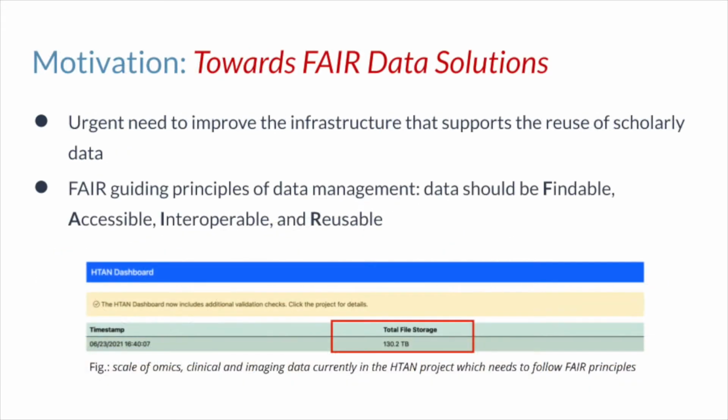The FAIR data principles of findability, accessibility, interoperability, and reusability are guidelines that enable better data management and reuse of scholarly data. In the omics era of the life sciences, we are producing information on various levels of biological systems like genomic, transcriptomic, proteomic, and others where the data is big. As one example, the Human Tumor Atlas Network or HTAN initiative currently has approximately 130 terabytes and counting of omic, clinical, and imaging data. An important aspect that is vital to making omics data reusable is retaining the full experimental details used to generate the data, which is why metadata in omics is so important.